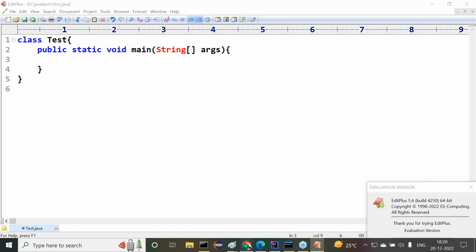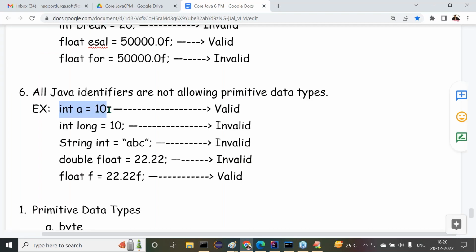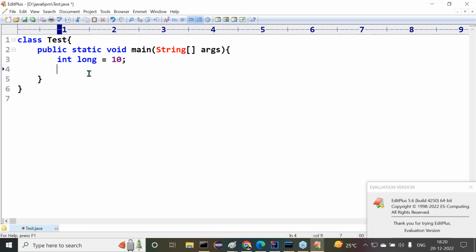Now what is the first example I showed there? int i = 10. We don't have any problem with this. Then int long = 10. This I have to check actually. One time I just want to check it. Then after that,